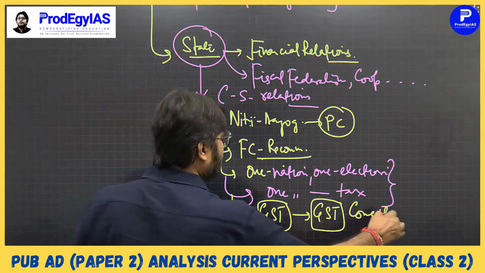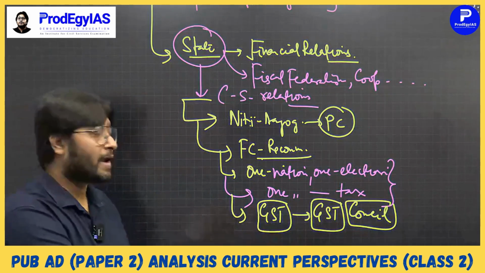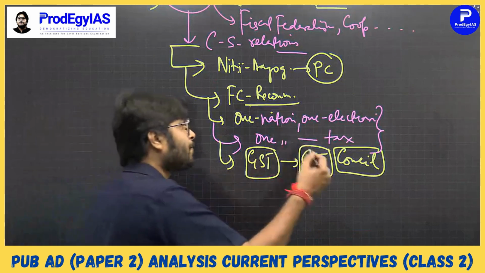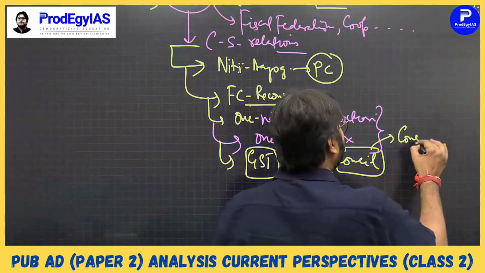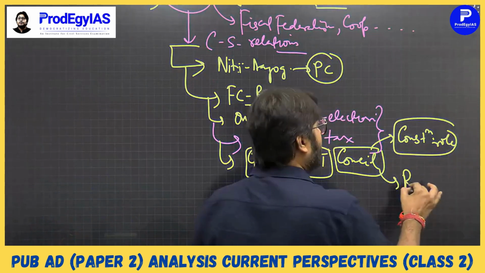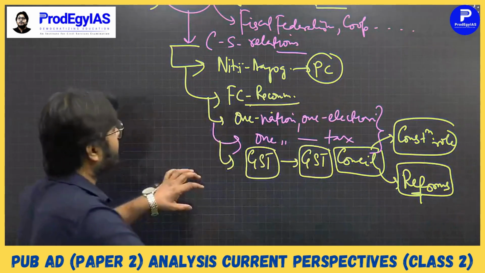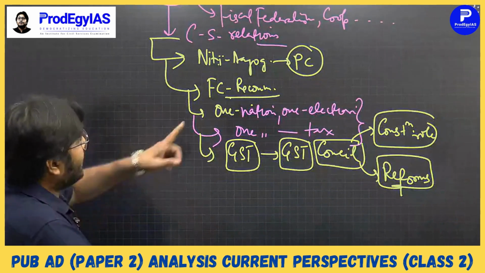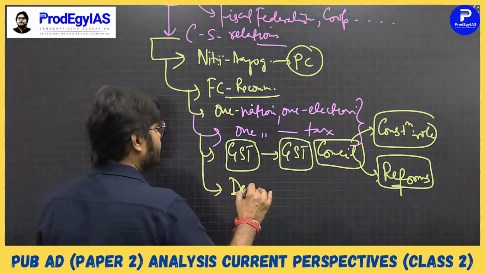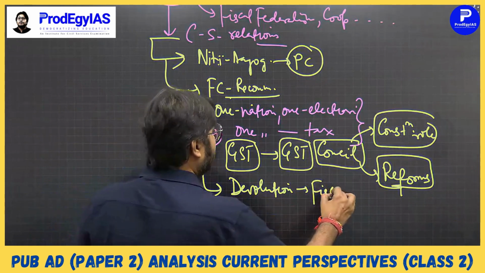See, a lot of content is from your GS only. Only the idea you have to generate within public administration. So GST, the impact of the GST Council, right? The constitutional status and constitutional role. Okay, reforms needed in the council. Fine. So this can be one, right? Then the changing nature of devolution. Okay, that is fiscal transfers